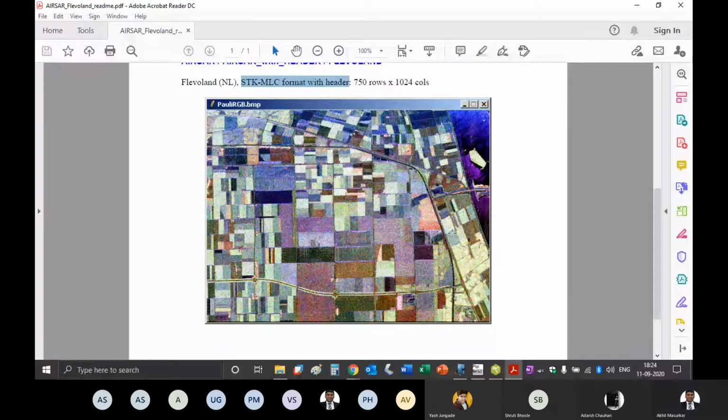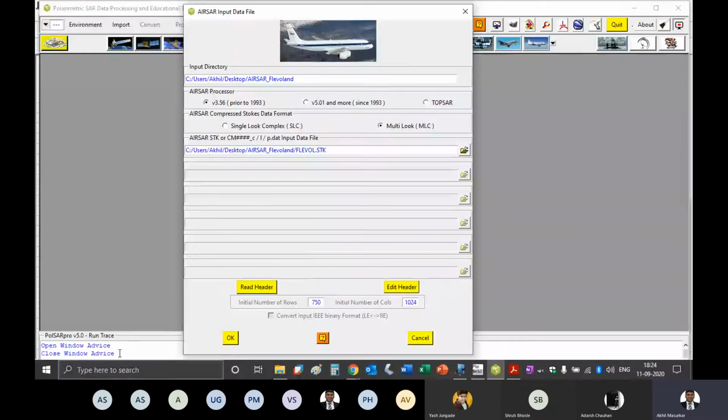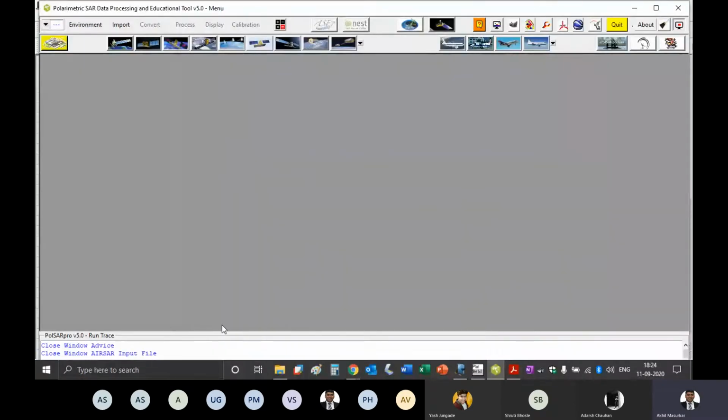Okay. So now you say okay to this, and once you say okay, you go to import and say extract. This time we will do a full resolution because the image is not very big, so no need to take any sub area.